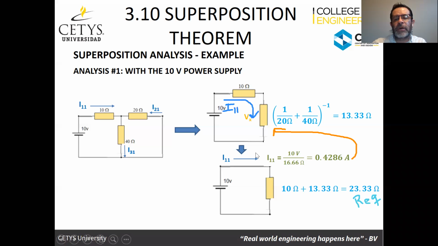And we're going to have a voltage here in this element. We're going to have a voltage that I'm going to call Vx. And this voltage, by the way, that I'm calling Vx, since current I11 is going like this, is going to have the following polarity. It's going to have a positive and a negative polarity because the reference we've been taking is that the current is going into the positive. And how would I calculate the voltage in this element? Well, it's going to be through Ohm's law. And I know that that voltage is going to be equal to the 6.66,